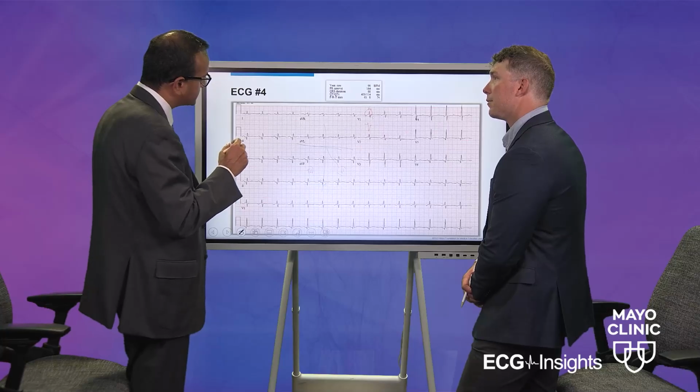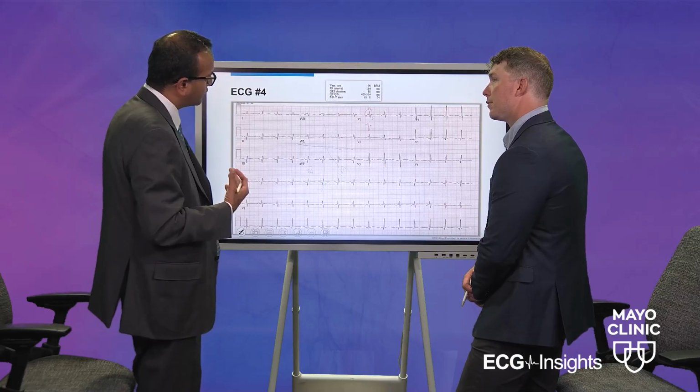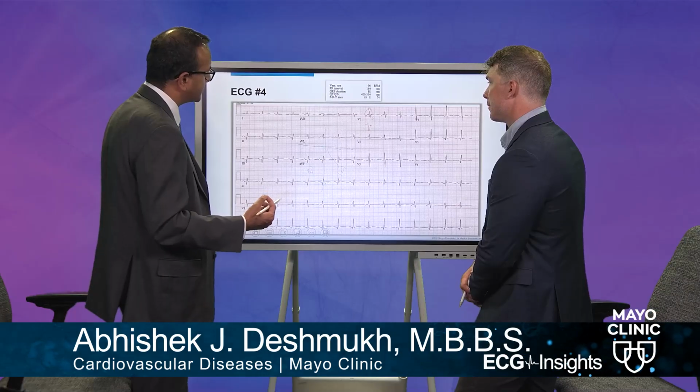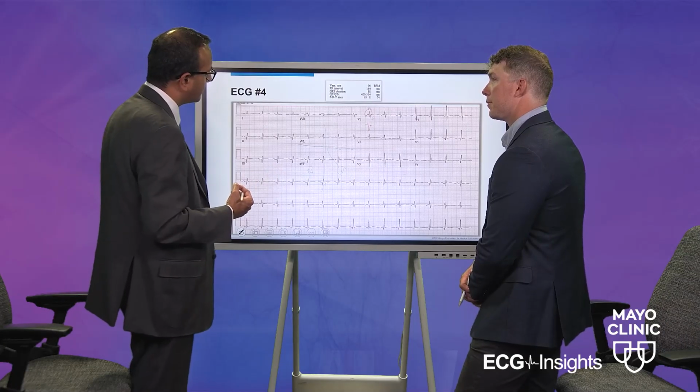Now, a few other conditions give a prominent R wave in V1. You don't have to remember them, but they tell you that the activation is all going towards V1. That means it is going anteriorly, so it has to start posteriorly. That means it has to start from the left ventricle. So anything which is depolarizing the left ventricle first would cause a prominent R wave in V1.